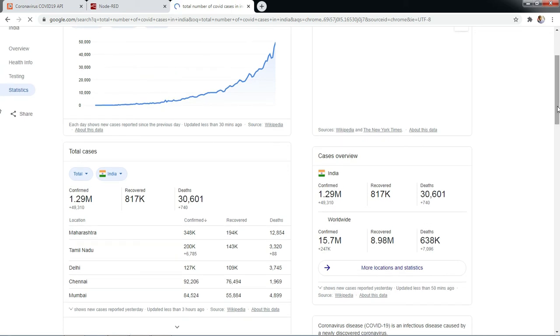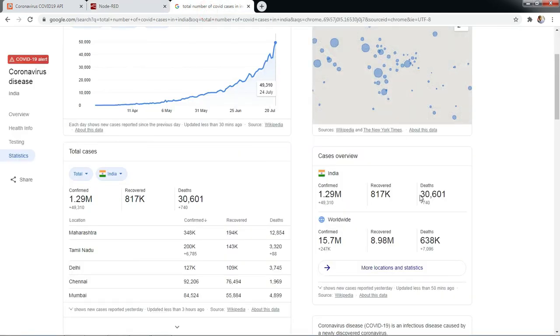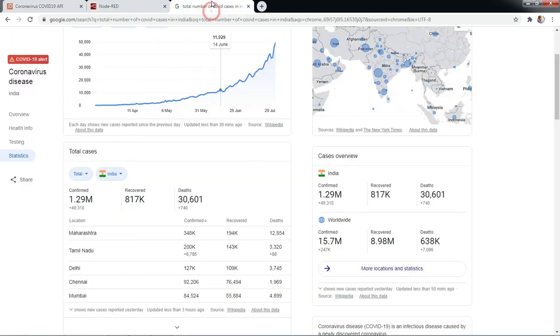Let's cross verify the data with this. For India, the total deaths are 30,601. So you can check here the total deaths 30,601. Total confirmed cases, you can see here 12.89 million, 1.29 million.